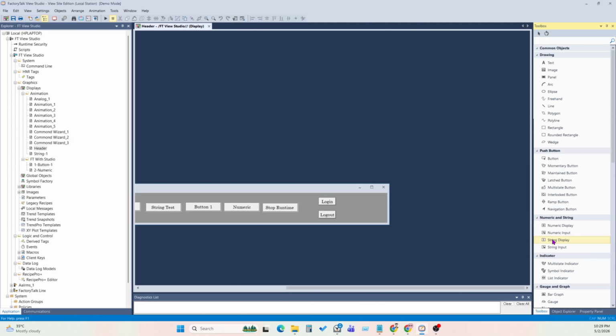So you can see numeric and string. String means a combination of numbers and alphabets. Here you can show alphabets and numbers mixed, or any other alphanumeric characters, like semicolon, colon, less than, greater than, question mark, forward slash, backward slash, any other characters. But for numeric, you can use numeric display and numeric input. So you have to drag and drop from here. Click on string display, drag it and drop